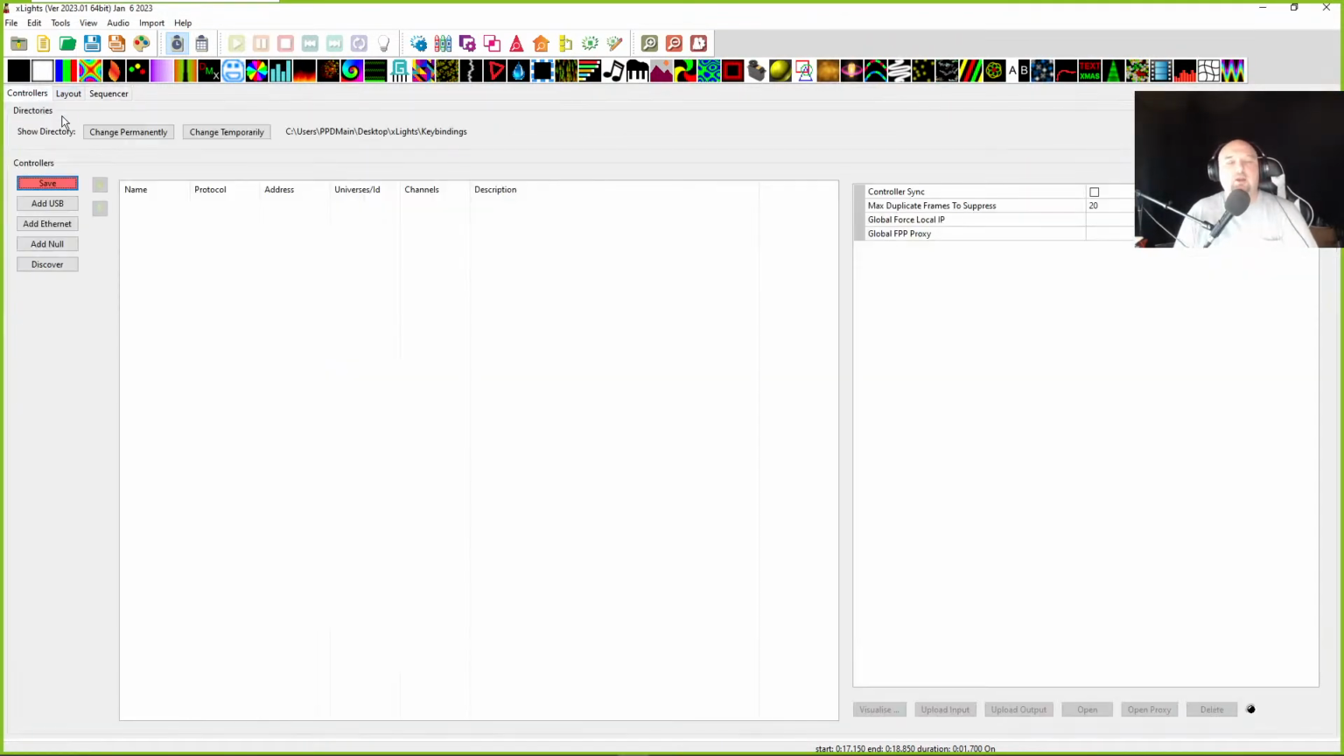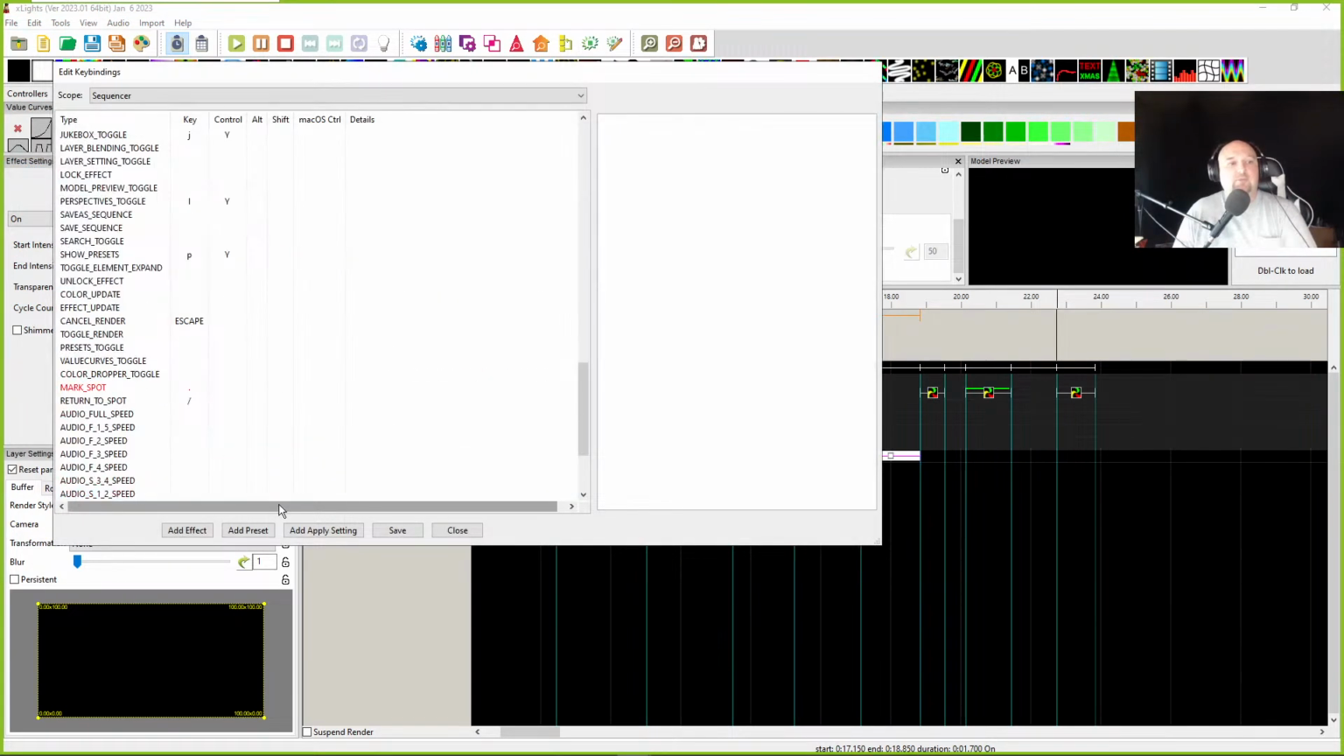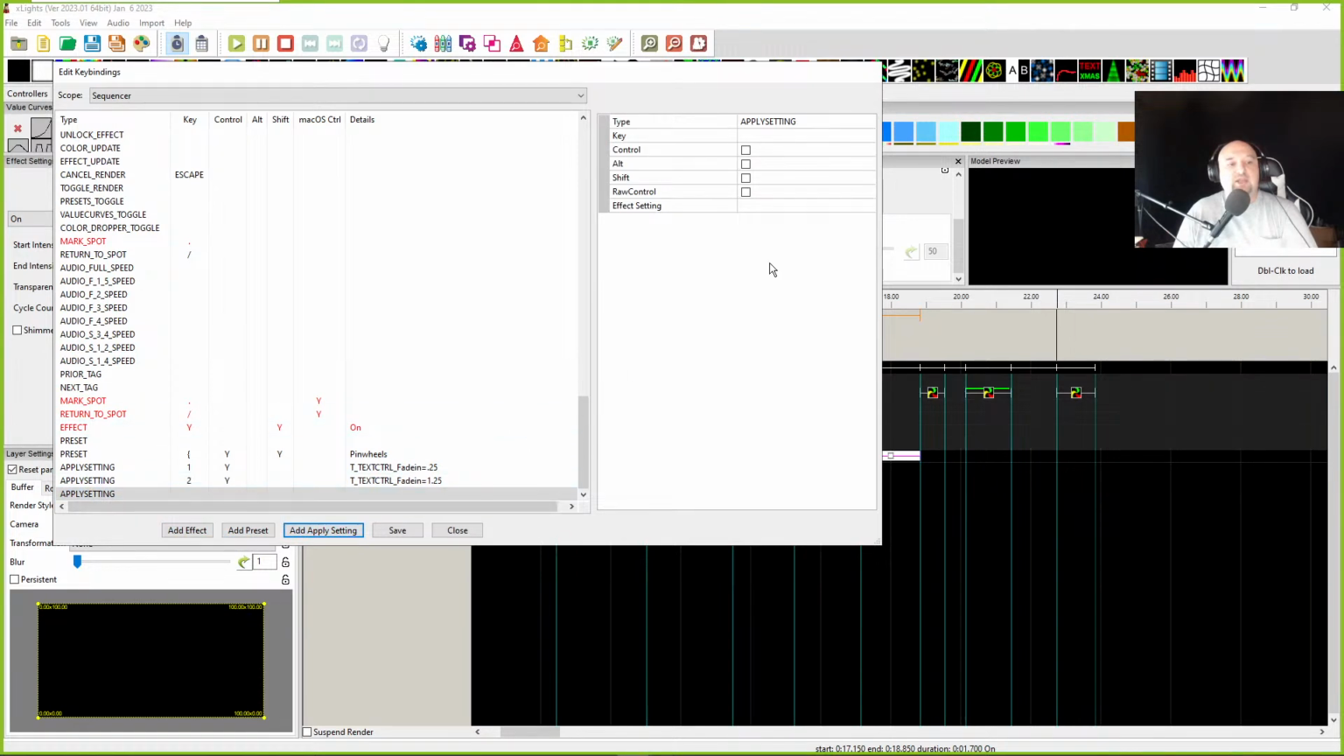We can come in here and I actually do use the overlay scaled a significant amount of time. Oop, I didn't mean to do that. I meant to do this. Key bindings, we come down here and let's add apply settings, and let's use the number 3, Control, and Control V to paste. Hopefully, I didn't try this, but it should work. It should work. We'll go ahead and save it